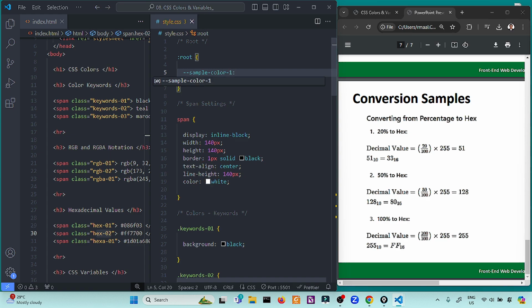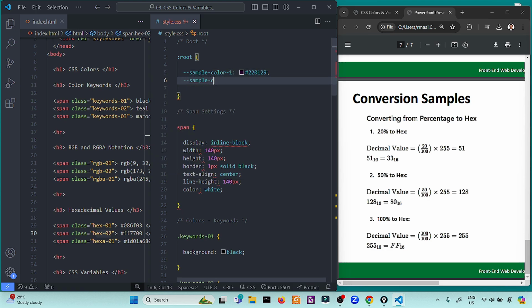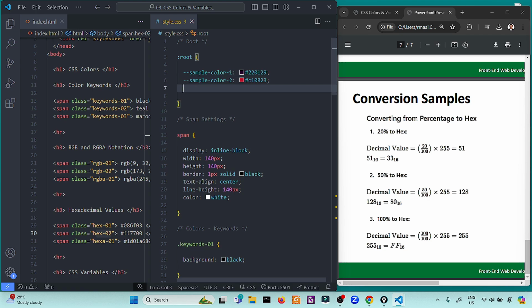For example, I have here color 1 with this specified value, 221129. Then, of course, we have sample color 2, so we define the value as C10823, for example. I think I'm missing one number. C1023, okay, it's okay.